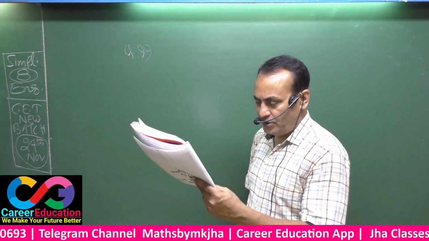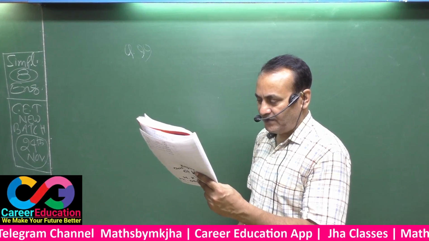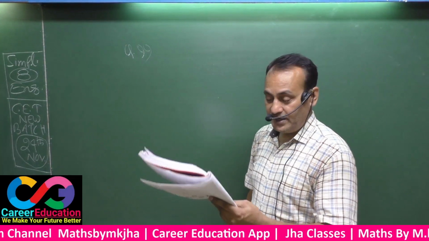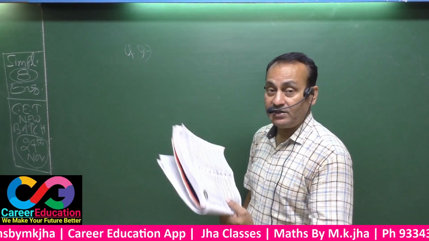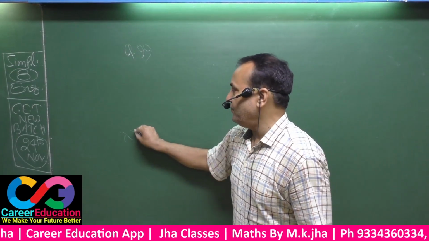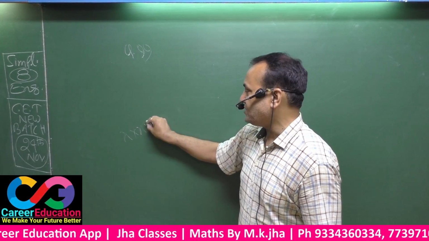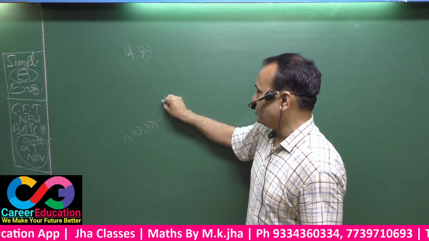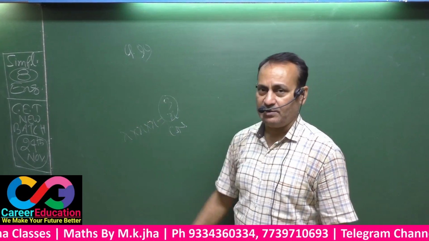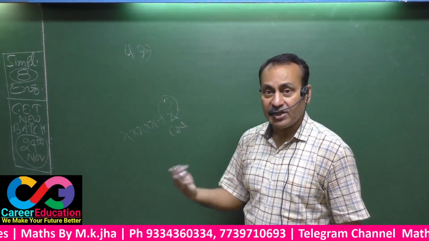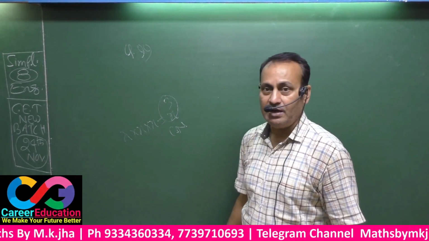Which is the 4-digit smallest perfect cube number? See here, now come to cube number. That means if you multiply x with x again with x, certainly this is your cube number. The pattern of cube number is this. That means the same number must be multiplied thrice.